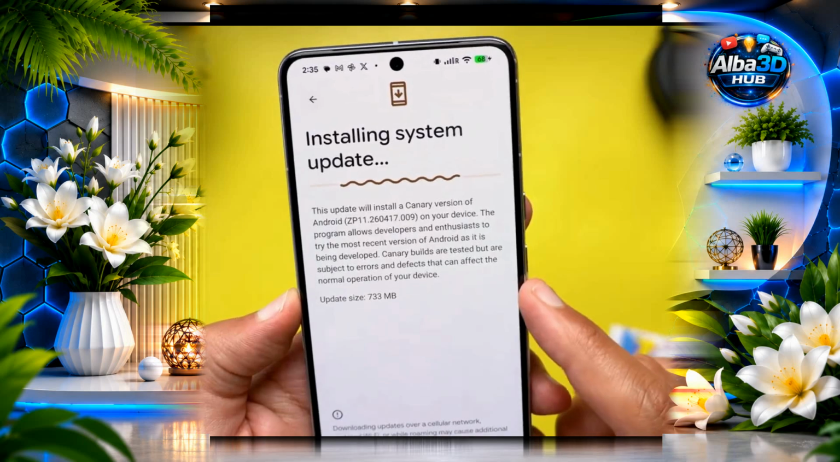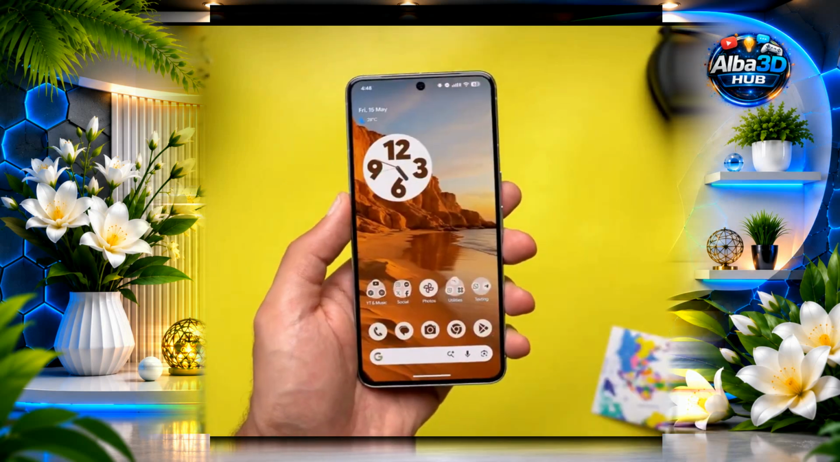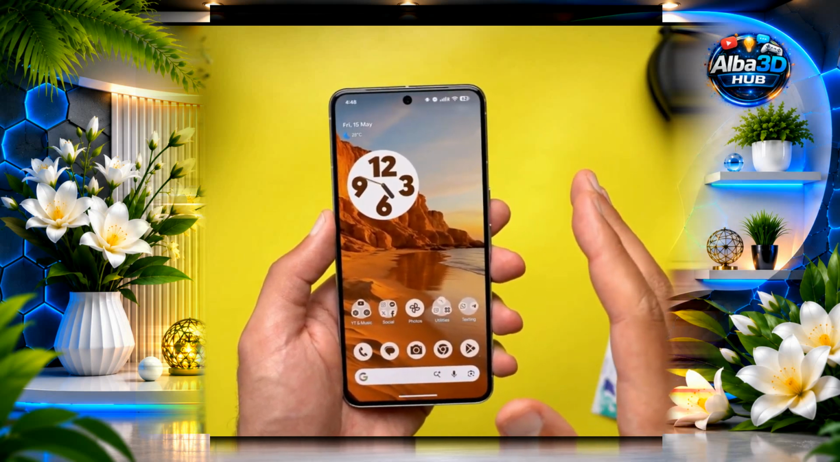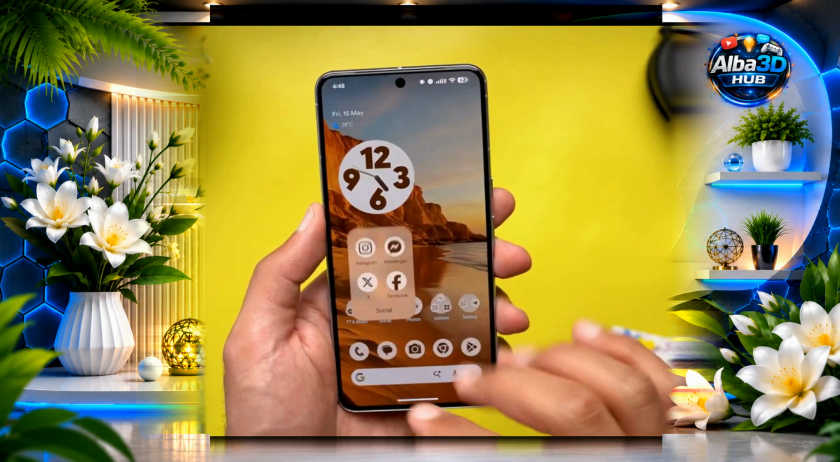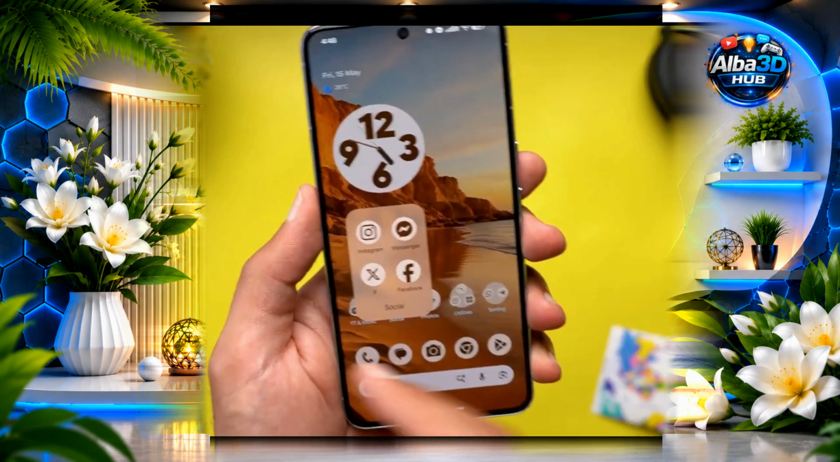Starting with the update size and build number, it's ZP1.26017.09 and the update size is 733 MB. This build comes with one of the most exciting features we've seen in Android 17 leaks, which is the new